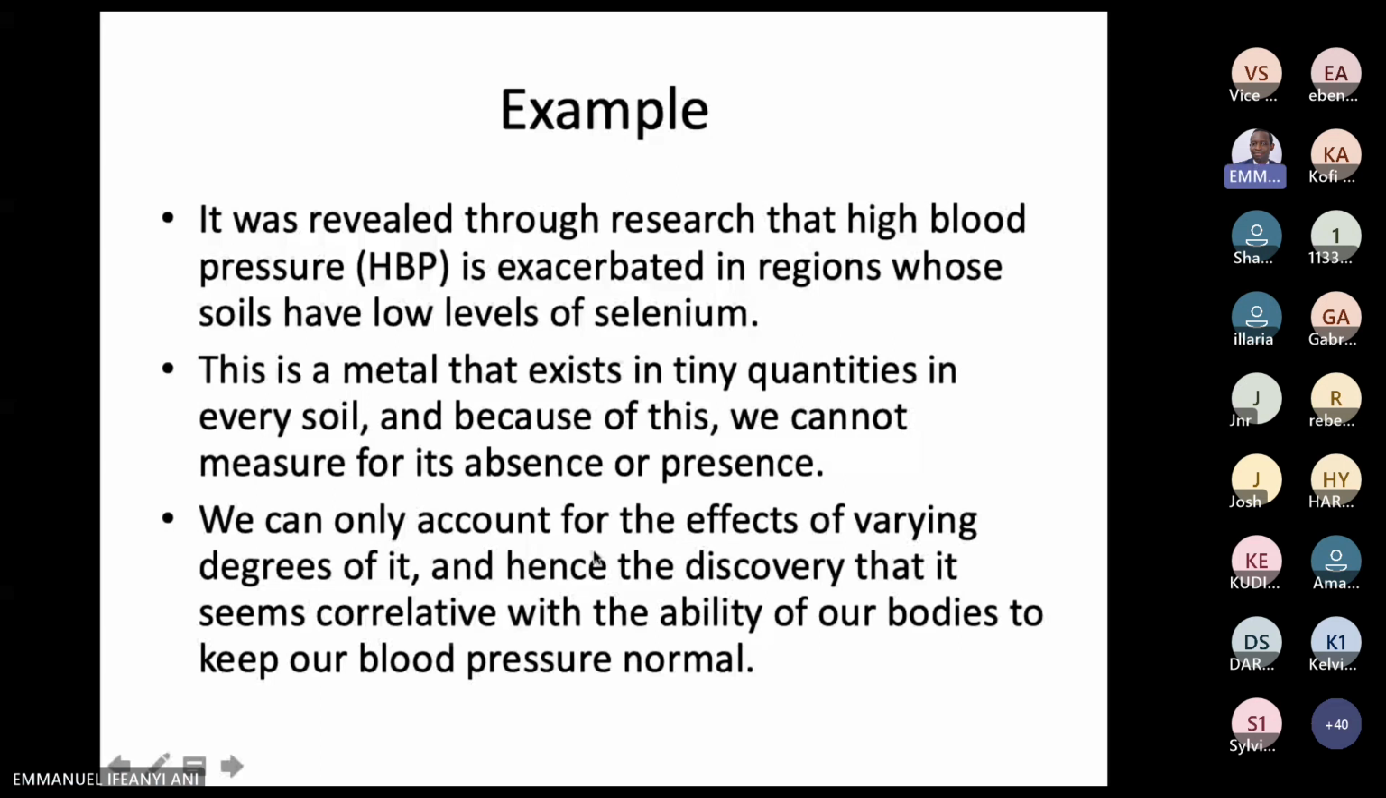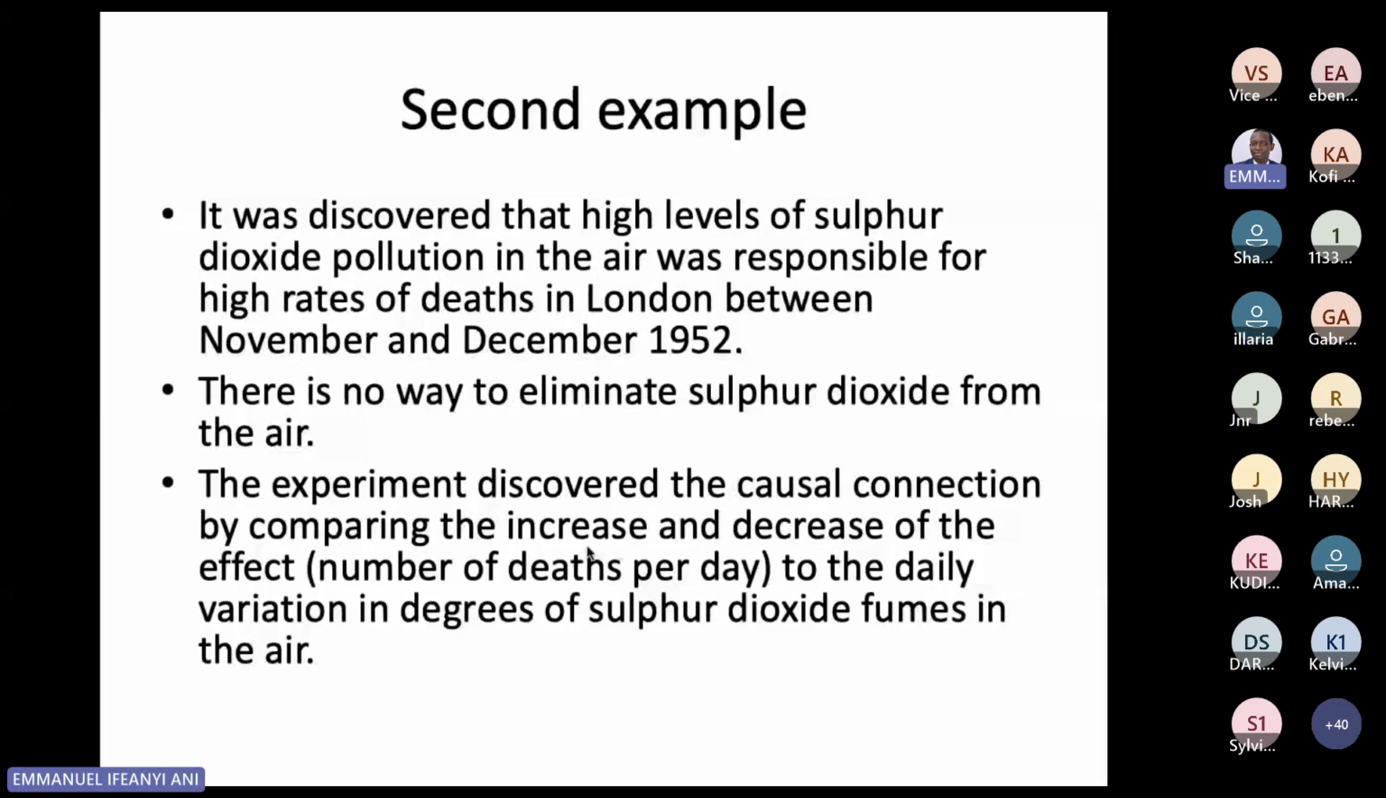Another example: it was discovered that high levels of sulfur dioxide pollution in the air were responsible for the high rate of death in London between November and December 1952. Now, there's no way to eliminate sulfur dioxide from the air. The experiment rather discovered the causal connection by comparing the increase and decrease in the effect, which is the number of deaths per day, to the variation in the degrees of sulfur dioxide seen in the